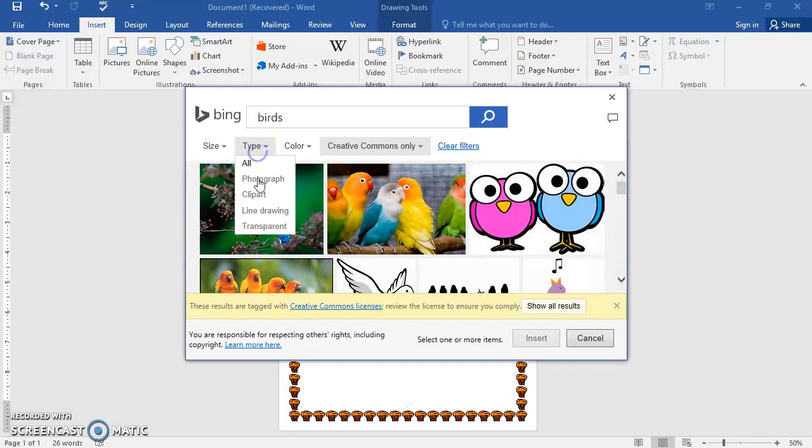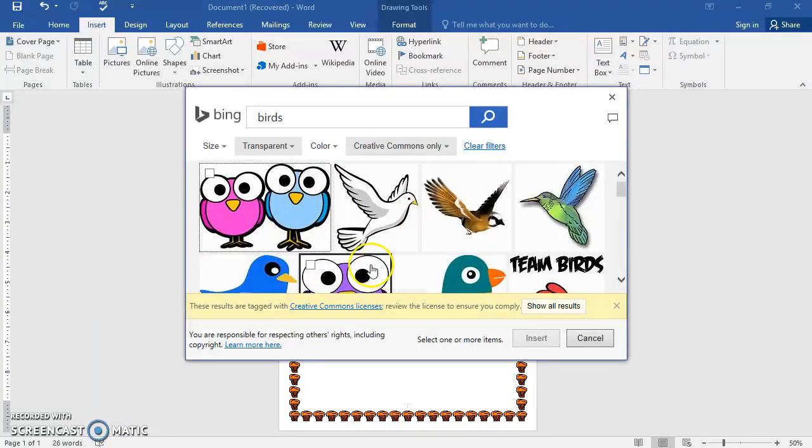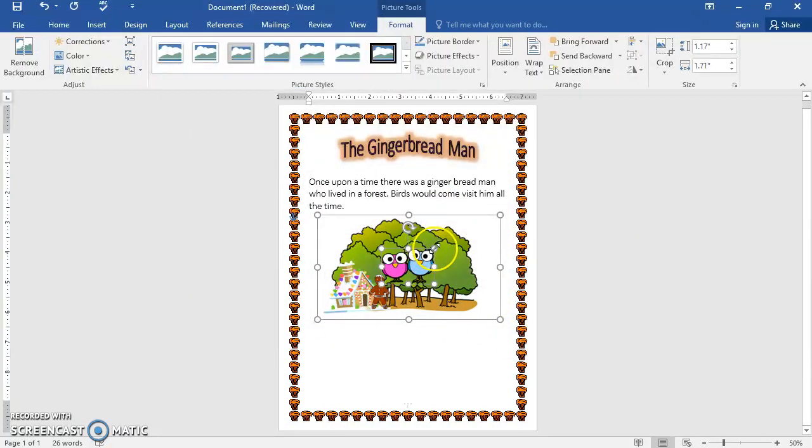And again, I'm going to change type to transparent, and then we'll see what birds, or maybe we'll just do these two birds. We get some birds, and then they will just go sit in the tree right over here. Okay, so you can see I haven't just put random pictures here, I've illustrated a story with them. Okay, now,